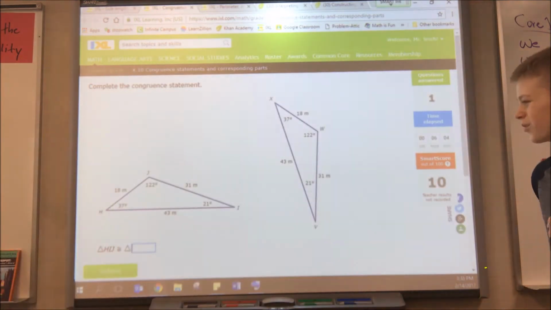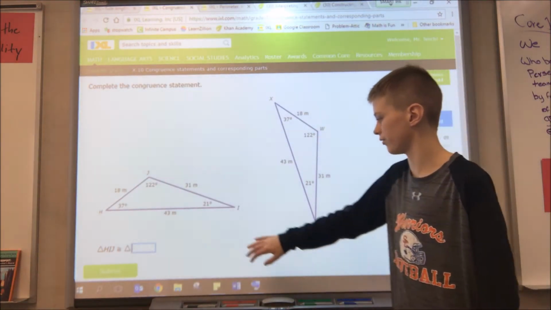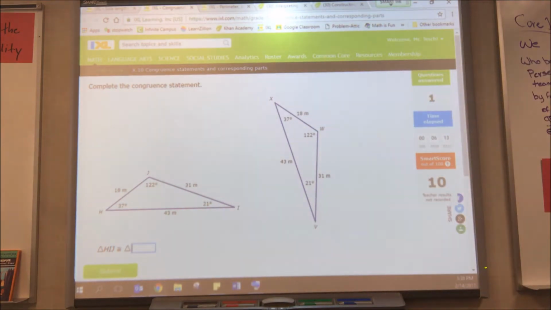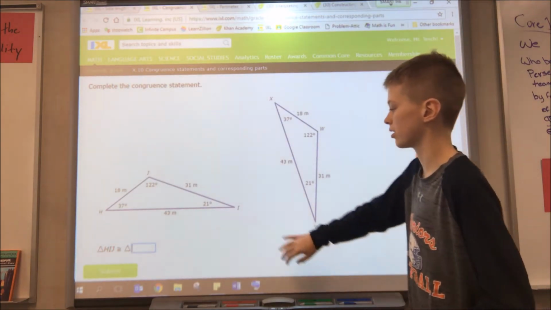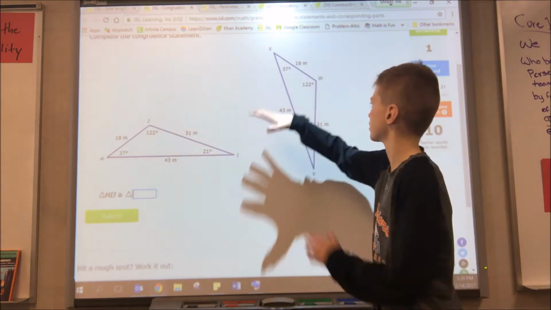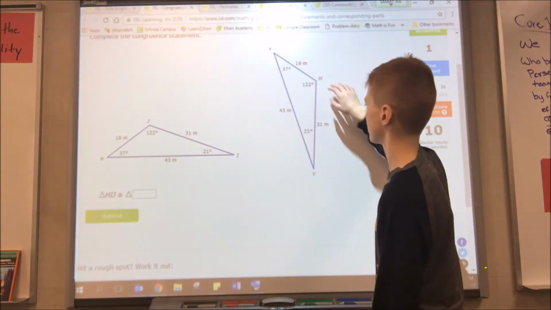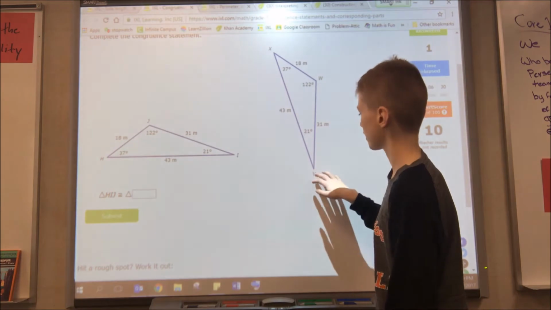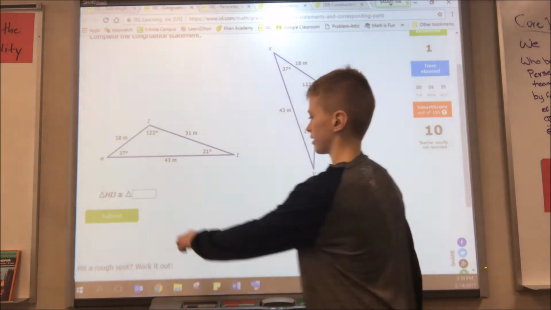For this one, we just have to find out where the shape matches itself. And so if HIJ equals something, then what does it equal to on this? And so you would take this and flip it so that the short end, the 18, meets the 18 meters, and then the 21 to the 21. So that would get, this is an I, this is the J, and this is the H, making the answer